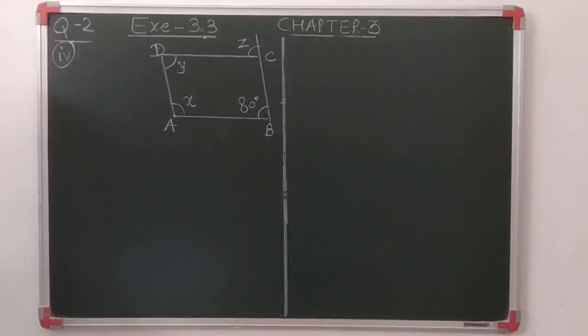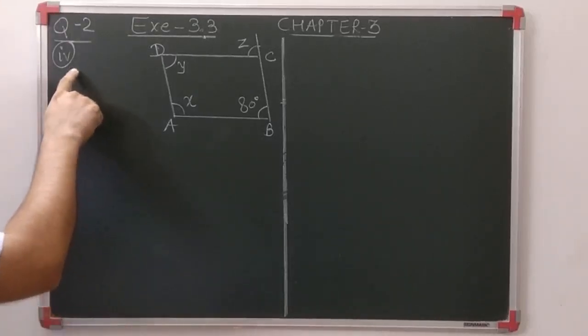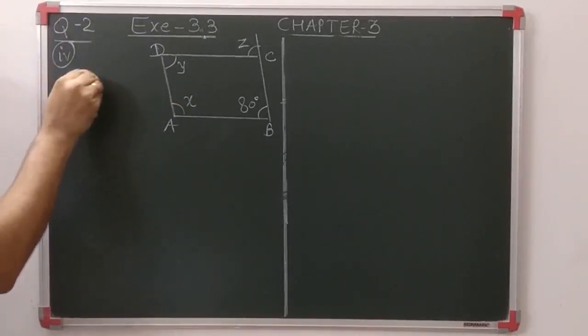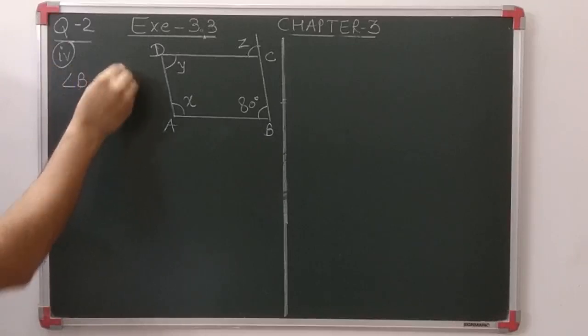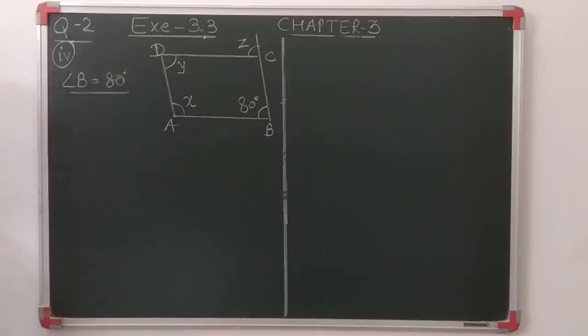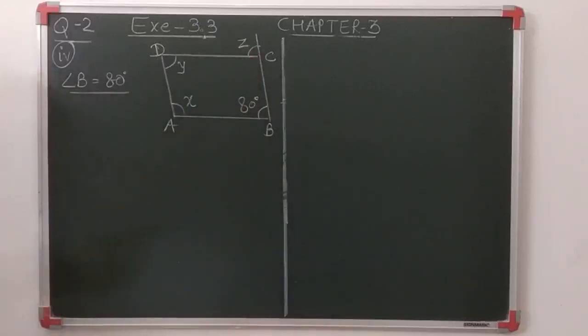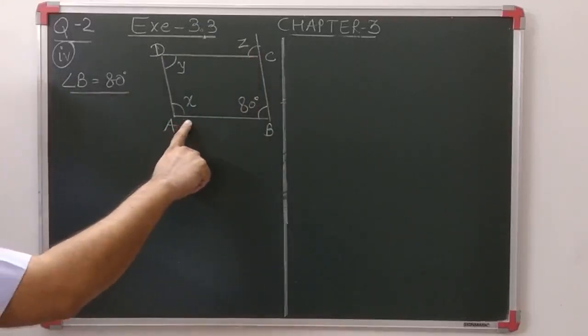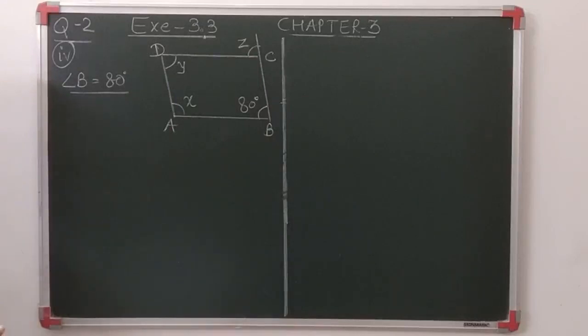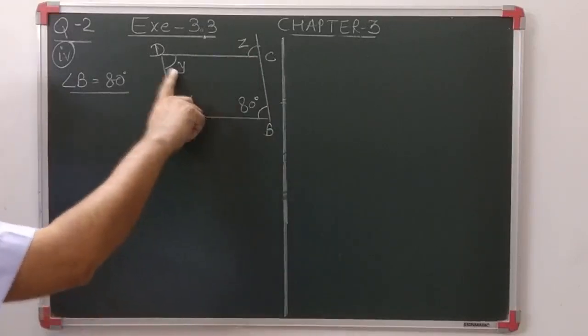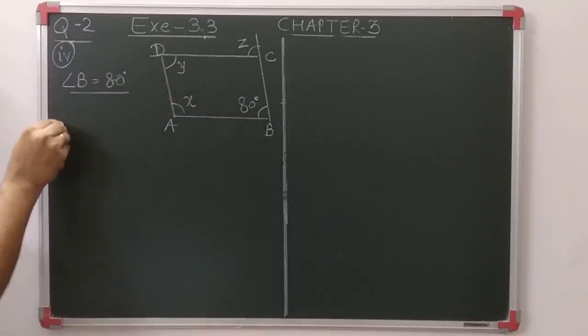Again, ABCD is a parallelogram. See students, it is given almost like the 2nd question which we have done. Angle B is given as 80, and X, Y, Z we have to find out. See, Z is the exterior angle of this angle C. So we can say that X is forming, yes, supplementary because they are adjacent angles, and B and D are the same. So let's note it down.